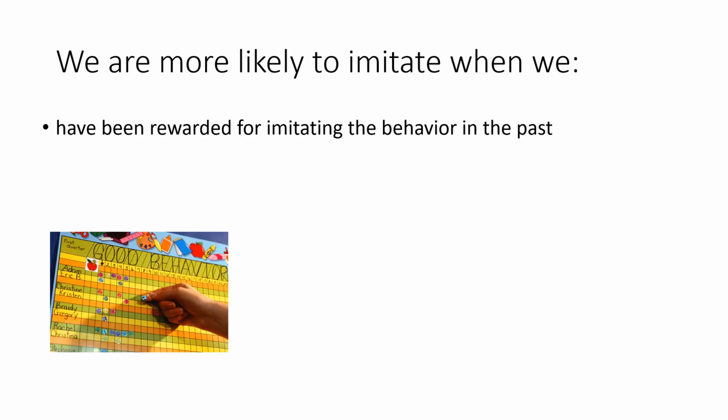So finally, we're going to look at what internal factors make us more likely to imitate. We're more likely to imitate when we have been rewarded for imitating behaviors in the past. What if somebody engaged in a behavior, they were really quiet and they got a reward, and so you were really quiet and you got a reward, and you said, wow, it really worked to copy that person's behavior. And so then the next day you see that person and maybe now they're raising their hand and you say, well, they were successful when they were quiet and so was I. I'm going to try and copy them again. And so you're learning from your previous experiences imitating their behavior.